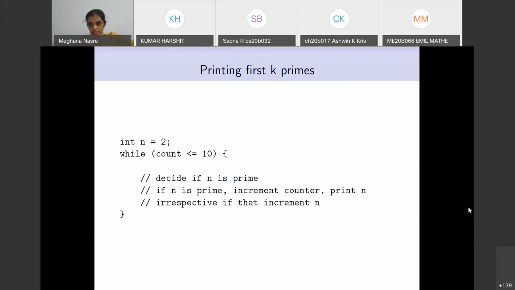Okay, so one of the questions is that, yeah, so I suggest now people don't type out the message, I mean, people don't write down the codes, because otherwise these questions are getting lost. Can we print 1 at the beginning itself or 1 should go? So 1 is not a prime number, right? It's neither a prime nor a composite. So 1 is not something that we are going to print out. So the first candidate is 2 and that's why we are starting with n equal to 2. Hamsavardhan, right? Is that clear?